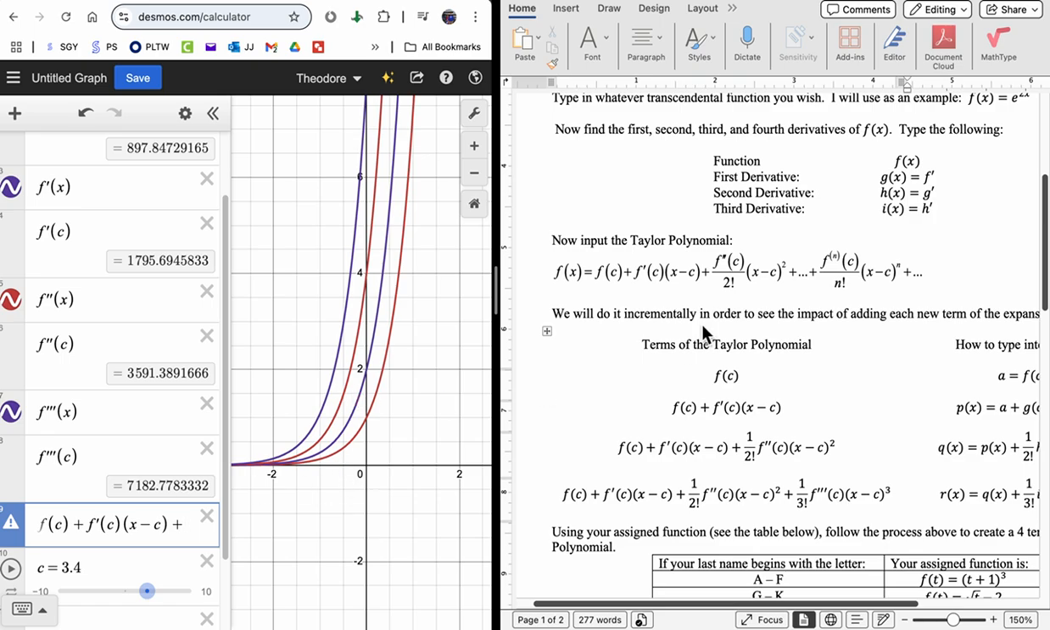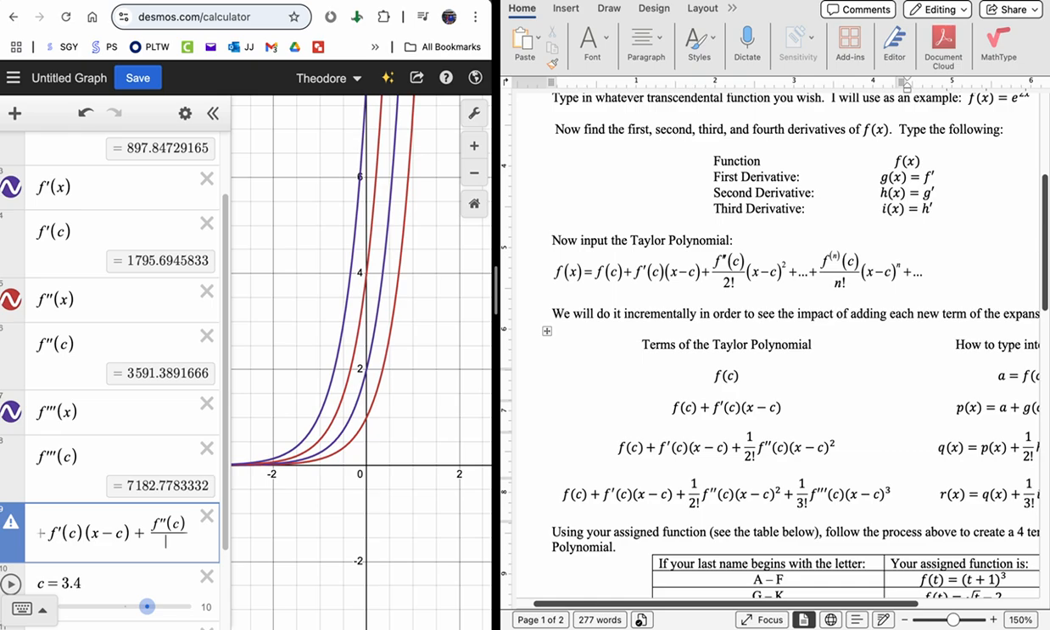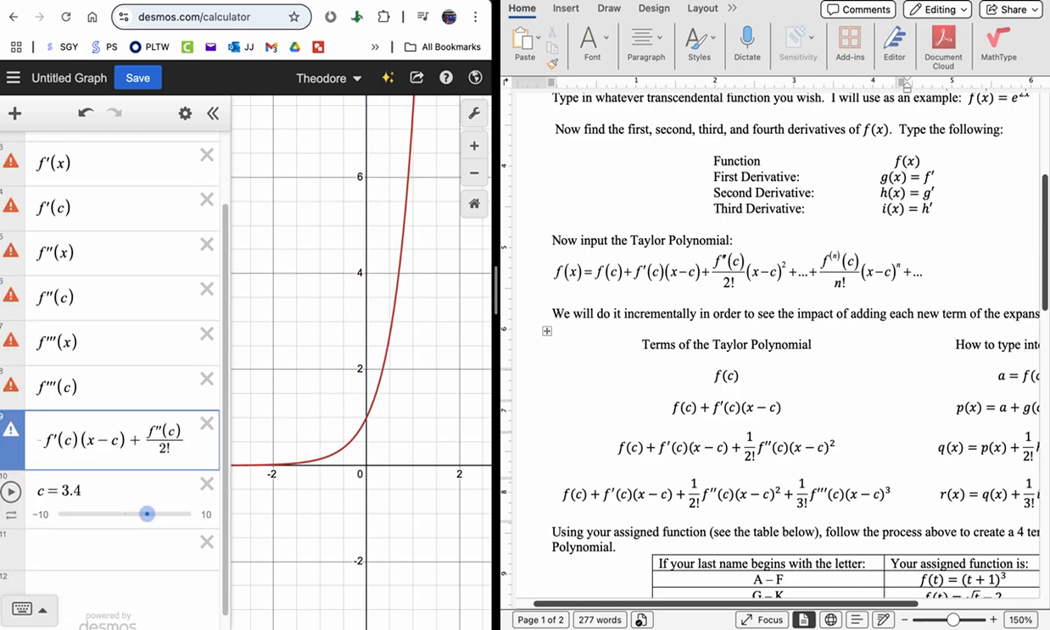Right? So it's f double prime over 2 factorial. Getting the factorials in there is going to be important. You could put the real value or you could put it as a factorial. So I'm going to do f double prime of c divided by 2 factorial times x minus c raised to